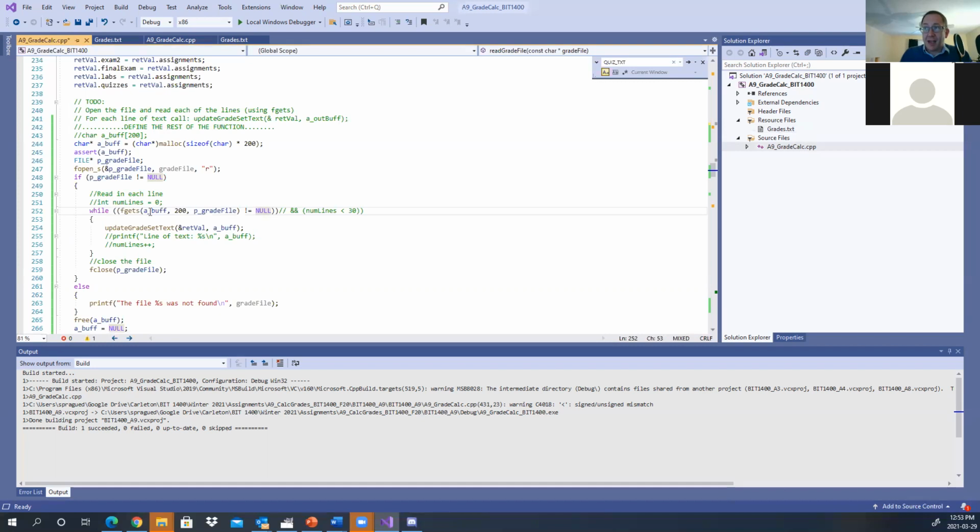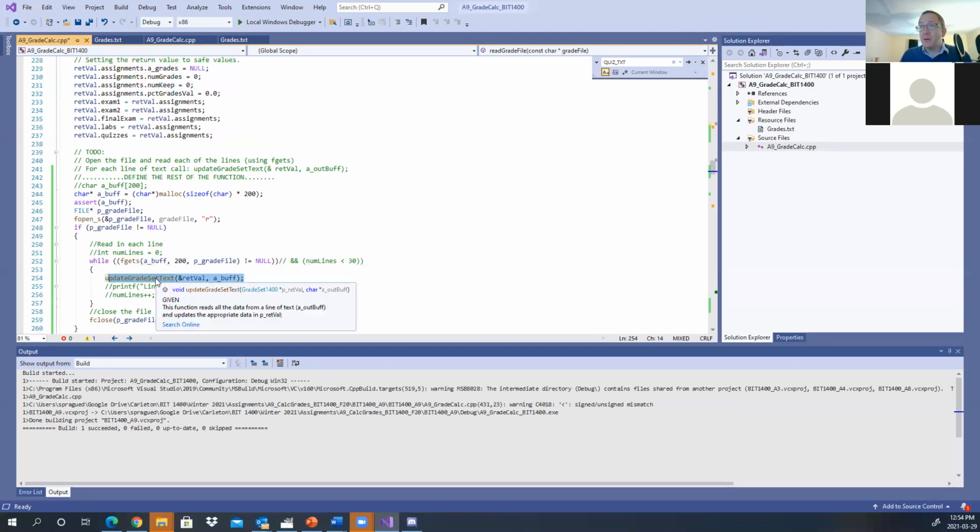So I get the single line of text and then I update all the stuff about my grades based on that one line of text. Nothing else is going to change, just that one line of text is going to modify one of my data types, like quizzes or assignments or something like that. So that one line of text defines all the grades I need to know about for quizzes or assignments or whatever the case is. I then call this function, so I'm going to jump to that function,